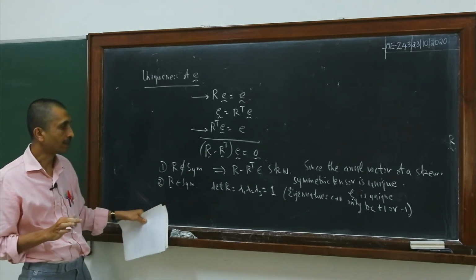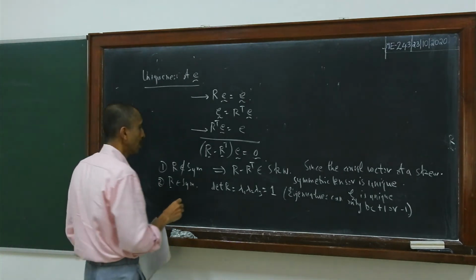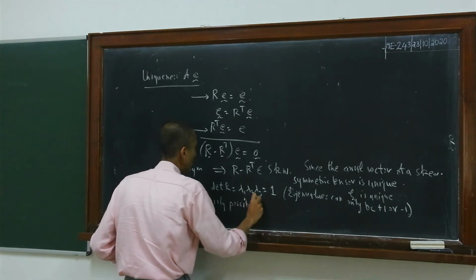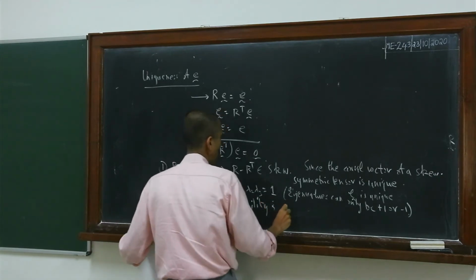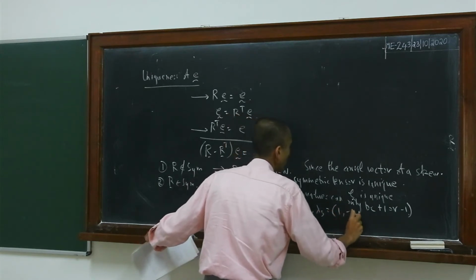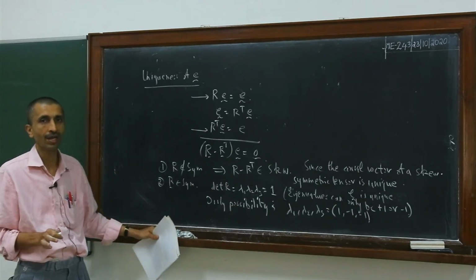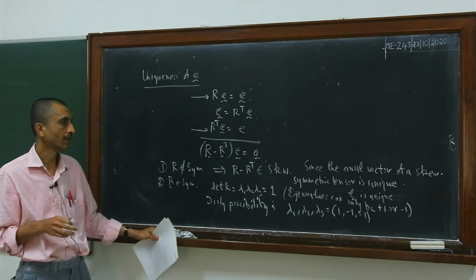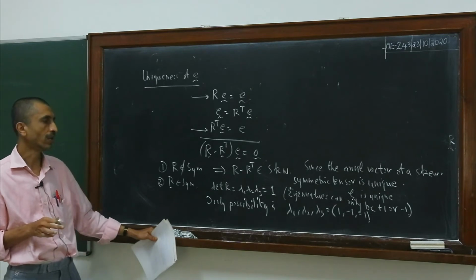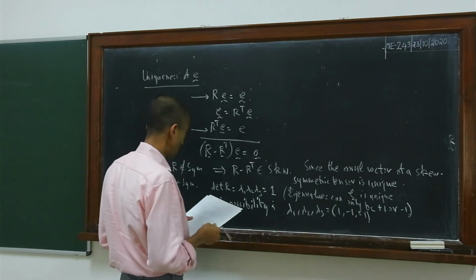So the only possibility is, and R is not equal to identity, that lambda 1, lambda 2, lambda 3 is equal to 1, minus 1, minus 1. This is the only possibility because of all these facts here. They can only be plus 1 or minus 1, and the product has to be equal to plus 1. From that you will get this, and R is not equal to identity. So this is the only possibility that you get here. Fine.